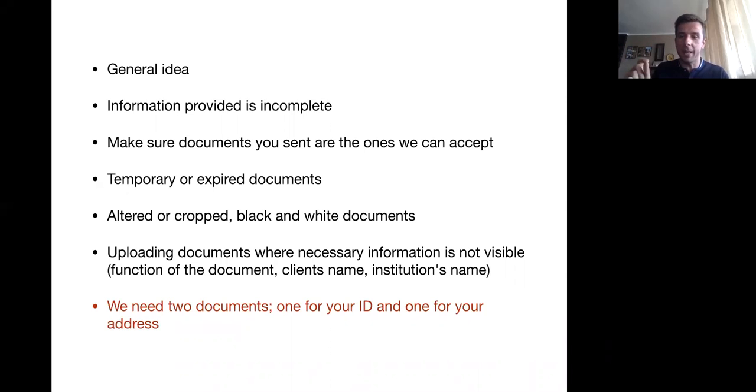Everything is in the same place, and we always kind of laugh about it. You just change the name of the country, the picture and the person's name, and that's it. However, some of those IDs, just like Serbian IDs, have a biometric chip, which means they don't have the address written on them. Others, without the biometric chip, will have their address written on the backside. We need two different documents, one for the ID and one for the address. So if you only upload your ID,